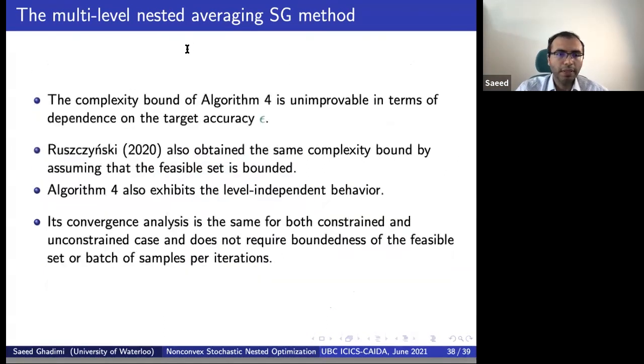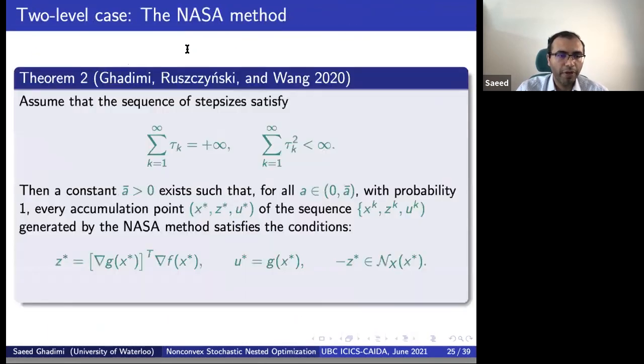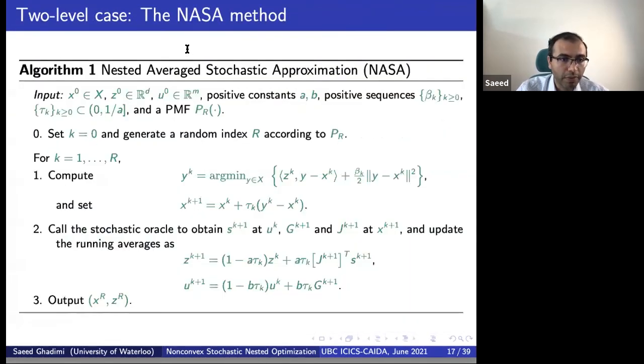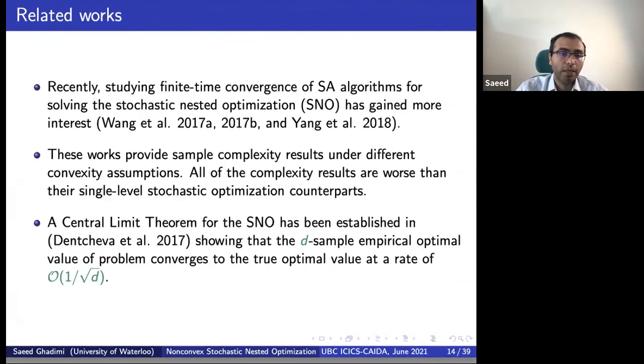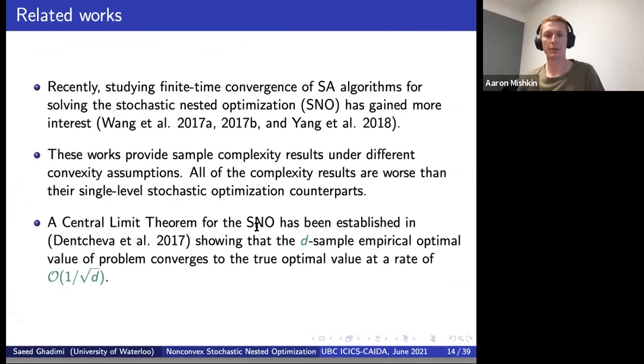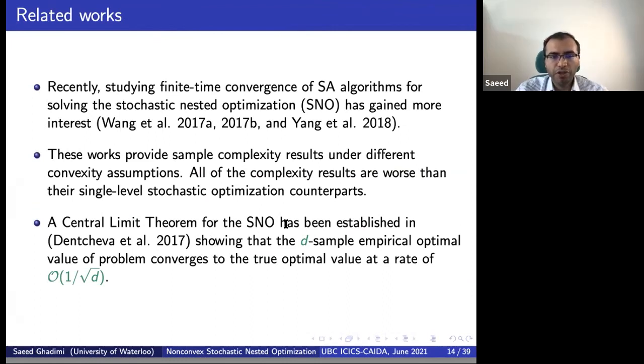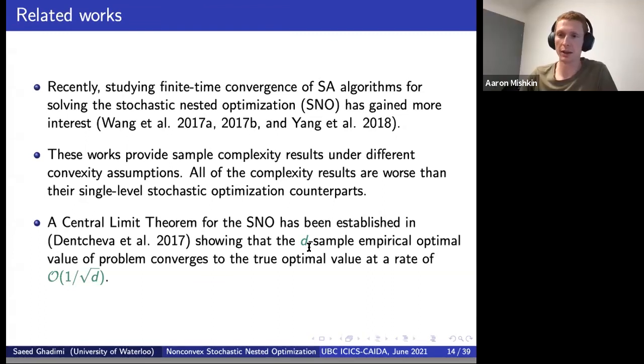So there is a work here by, let me see, where was this? Yeah. So here people have shown the central limit theorem. No matter how many functions you have, the T-sample empirical optimal solution converges to the true optimal with the same rate. But the point is, this is the convergence of the optimal solution to the true value. But I don't know if you just solve that one, how close is the solution of that problem to the solution of the original problem? Right, this exactly answers my question. Thanks.